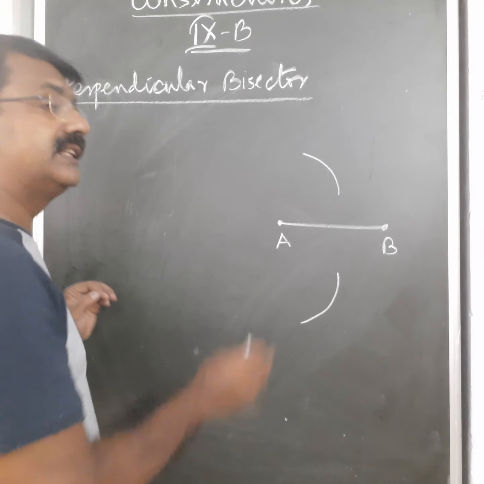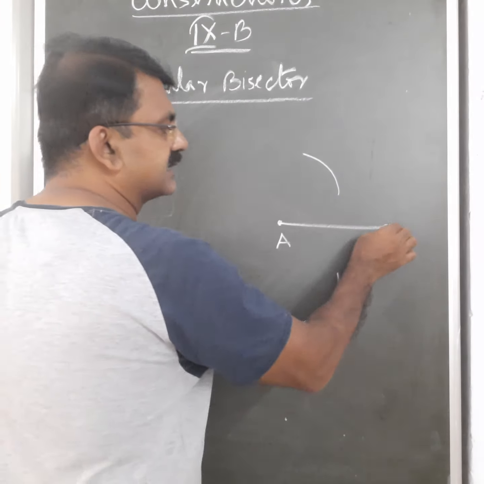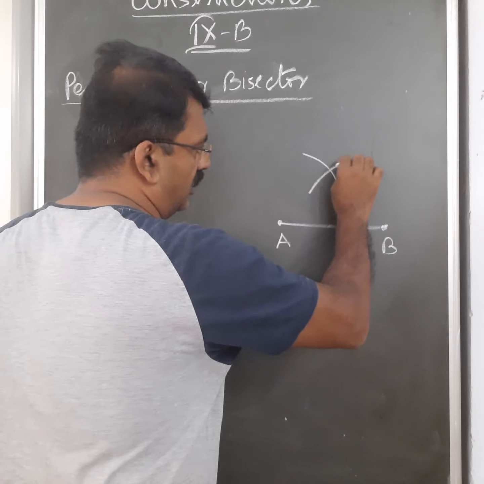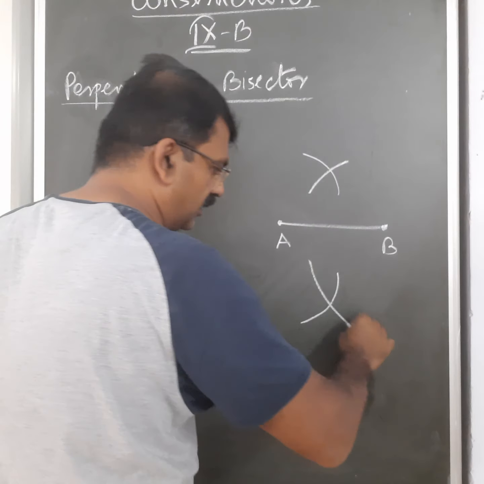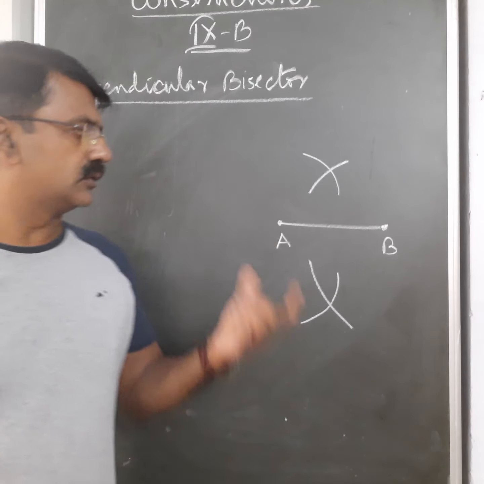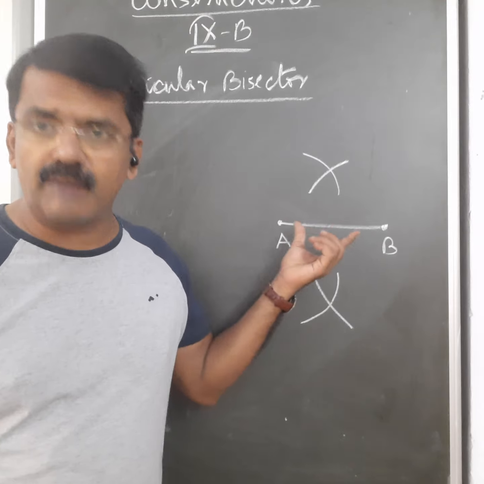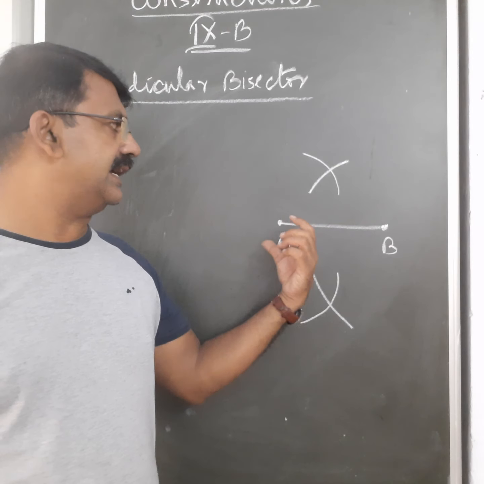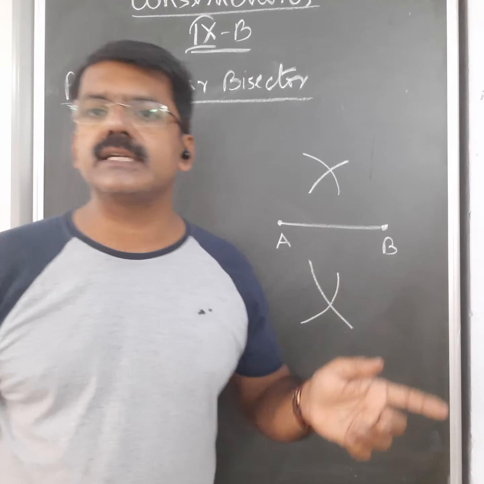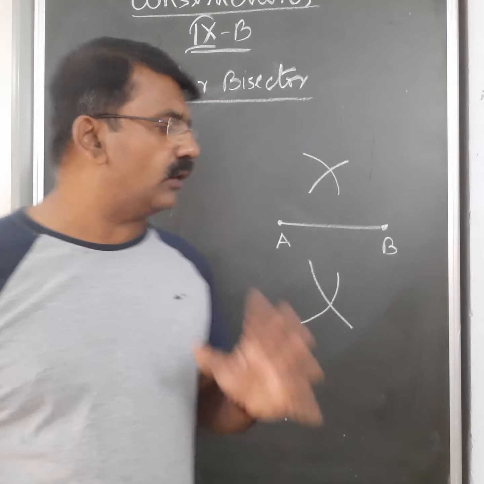Now, with the same radius, without changing the radius, and taking B as the center, you draw another arc on one side and on the other side also. Okay? So I repeat, with the radius which is slightly more than half of AB, taking A as the center, draw two arcs on either side of AB, and with B as the center, draw two arcs on either side of AB. Now in all you have drawn